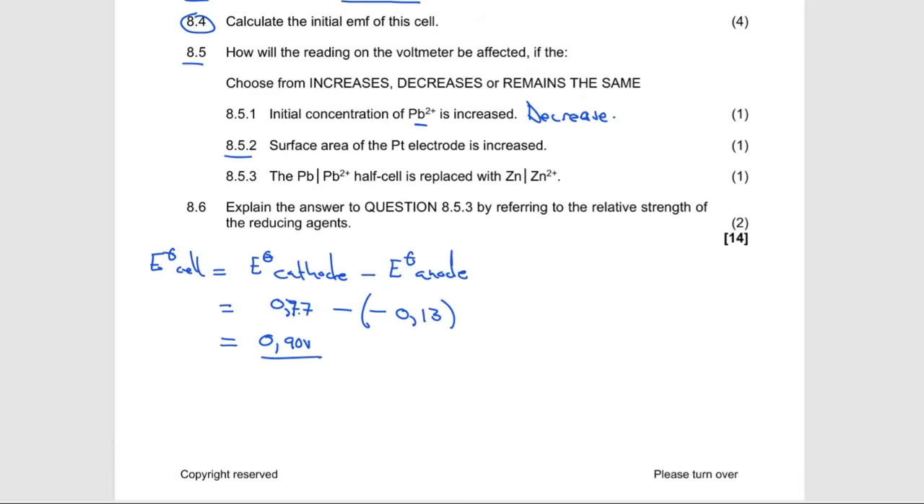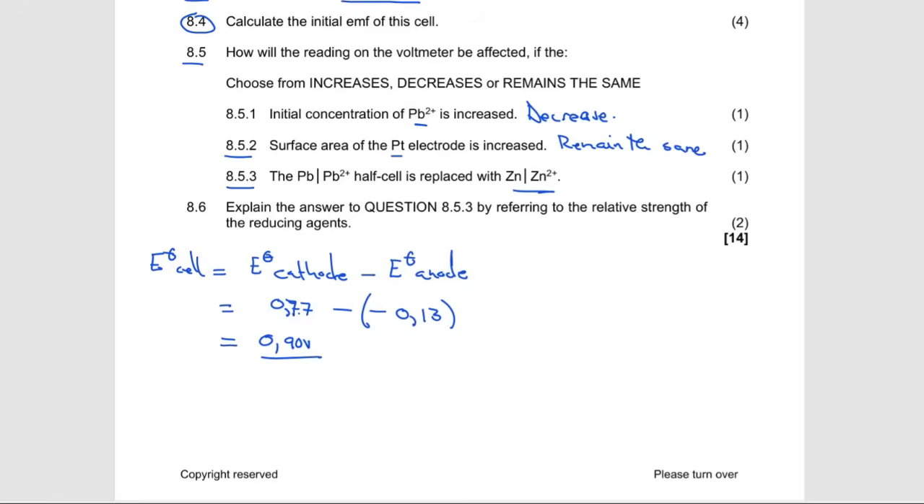8.5.2 says the surface area of the Pt electrode is increased, right? So if we increase that one there, what is this going to do? It will remain the same. Remember, your Pt there is inert, right? So it's just used as an electrode so that it can conduct the electricity there. Then after that, it says here 8.5.3, the Pb and Pb2+ half cell is replaced with